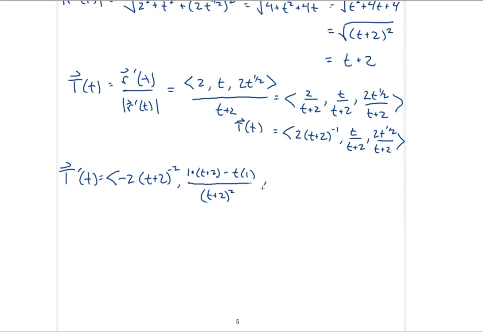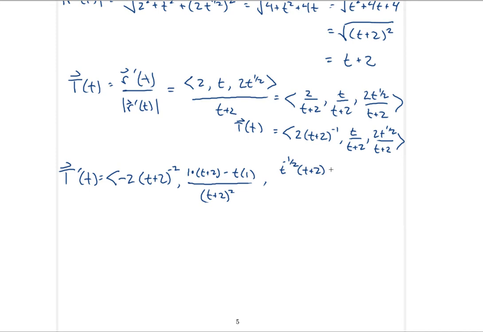So that's just me performing the quotient rule. And then we can do the same thing over here. So this will be the derivative of the top, so that'll be, excuse me, not 2, 1 t to the negative 1/2, applying the power rule to the top, times t plus 2,